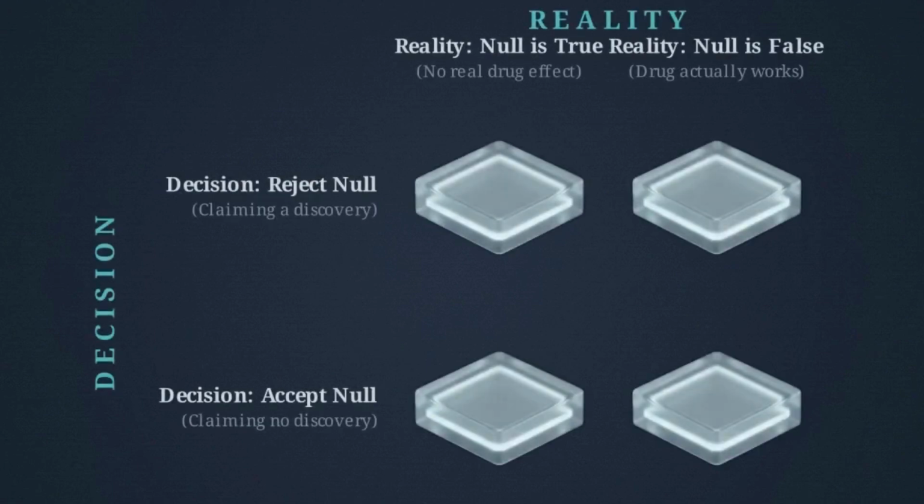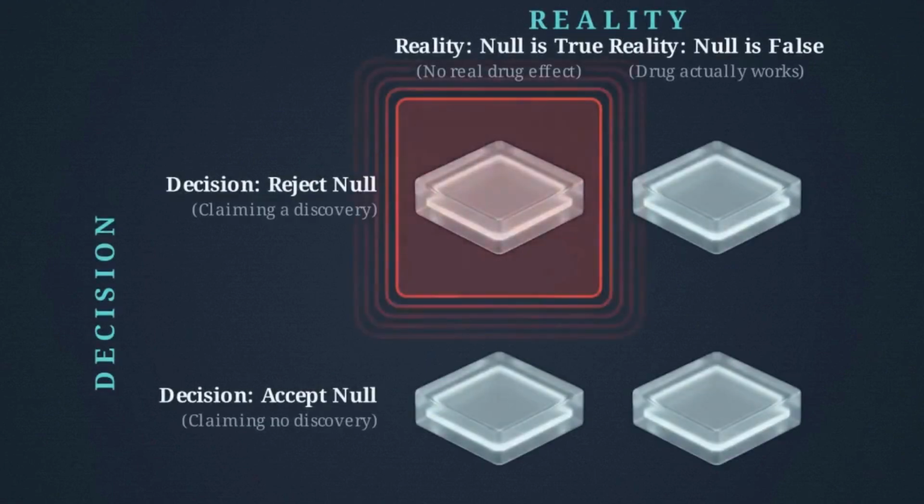This visual matrix maps the outcomes of our decisions. When you hit a p-value of less than 0.05 purely by chance, you incorrectly reject the null hypothesis. You publish a paper claiming a discovery when you are actually just looking at random noise. This is a type 1 error, or a false positive.